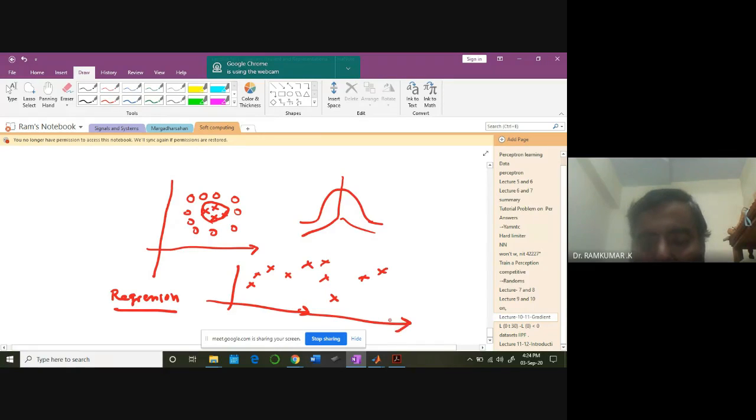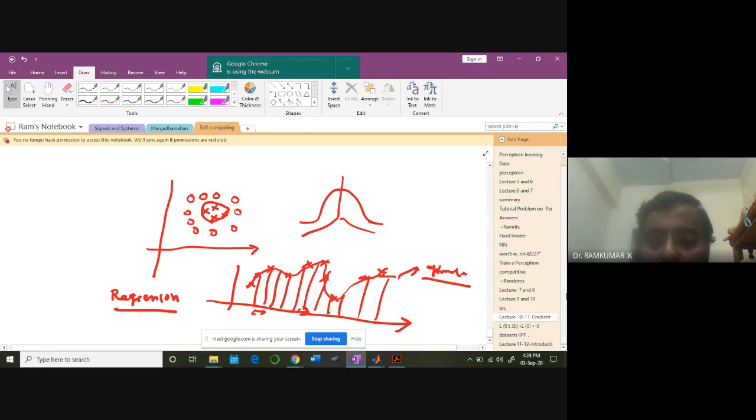And I want to fit a line to it. So a single line will not be sufficient. So I need to look for a particular function, something like this, a complex function. So for that I need to build towers. This kind of towers is what we are talking about. We need to choose towers in such a fashion that these towers are going to approximate this curve.